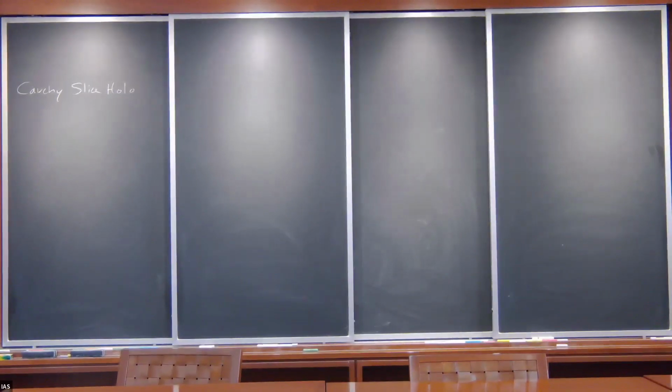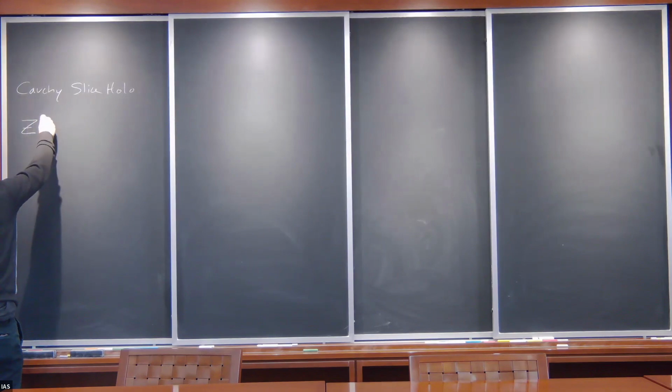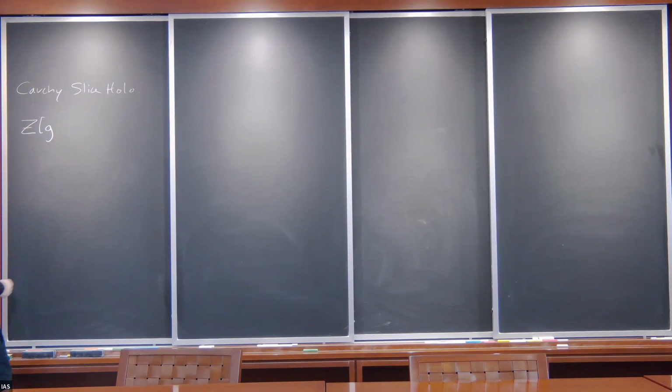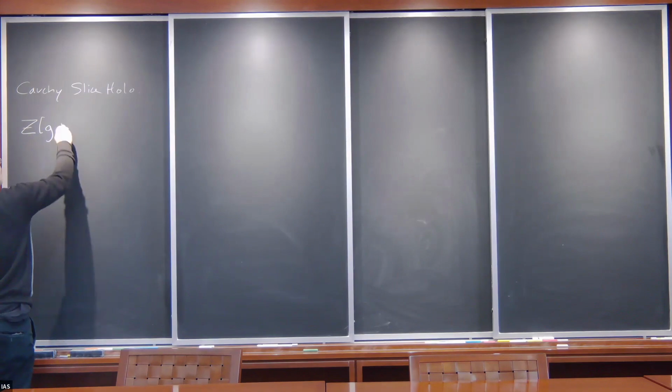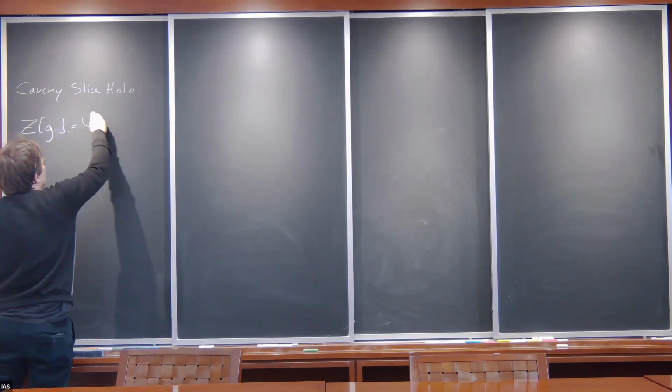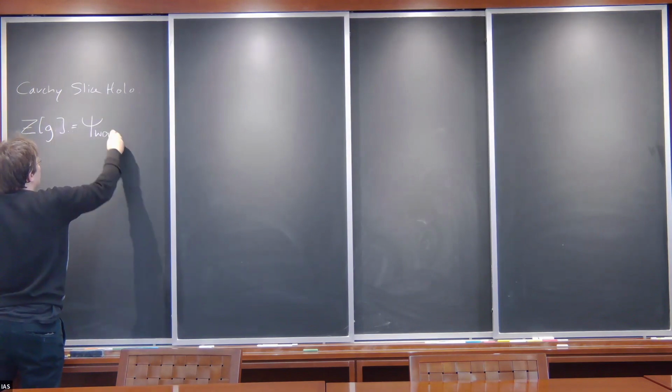So the fundamental equation we're going to be looking for is something like a theory's partition function of a metric, and maybe some other fields, and we'll just start with the metric for the time being, is going to be a Wheeler-DeWitt wave function